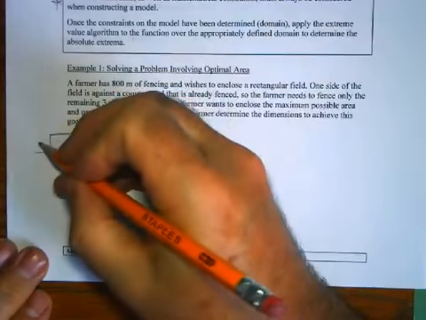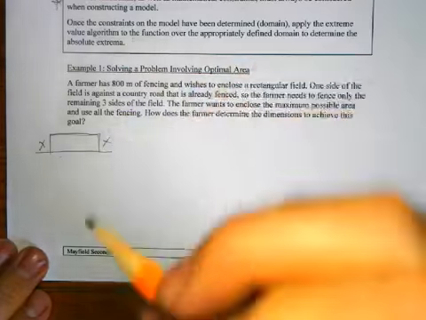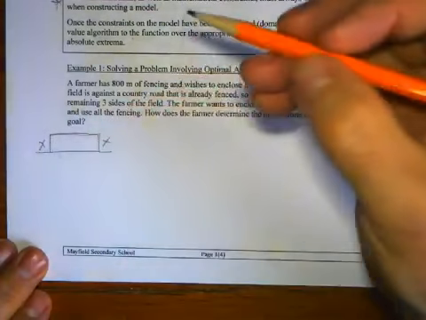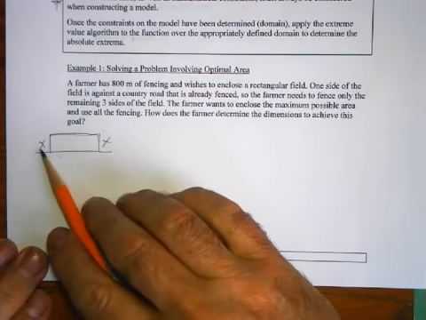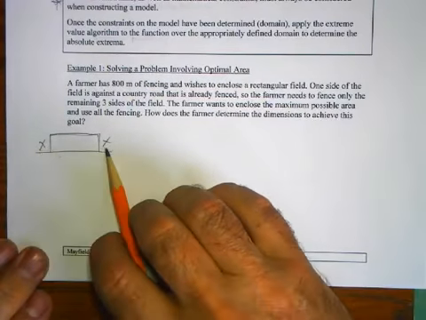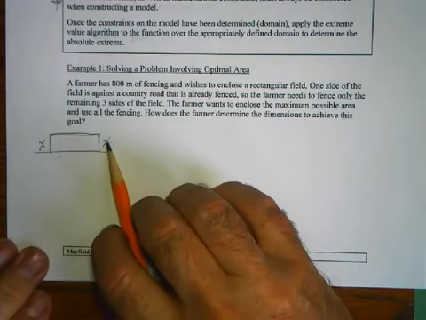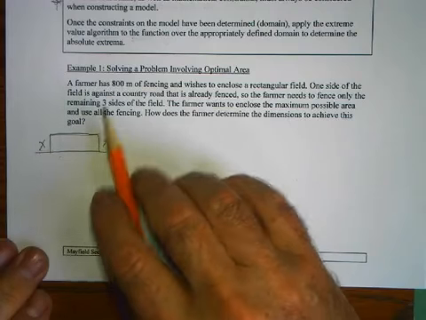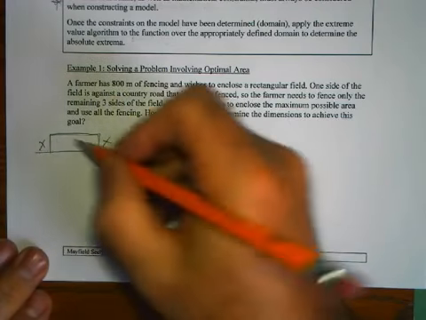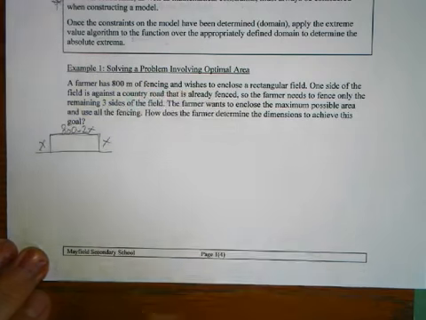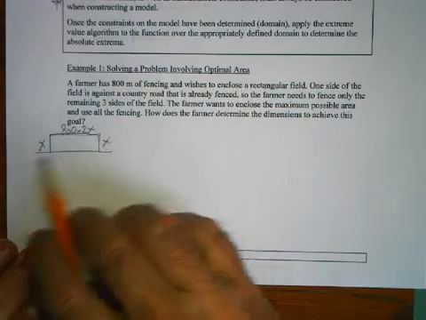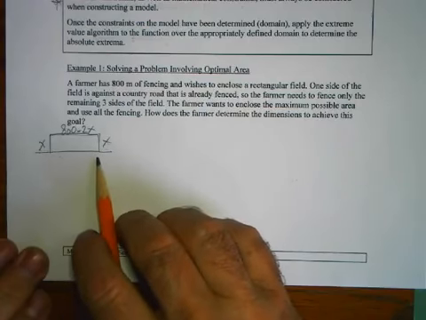We'll introduce our variables, so x will be basically those lengths there. Now we have 800 meters of fence. We've used x meters here, x meters here, a total of 2x meters have been used. So what do we have left? We have 800 minus 2x. So that will be used on the third side. Okay, remember we don't have to fence that side. There's already a fence there.